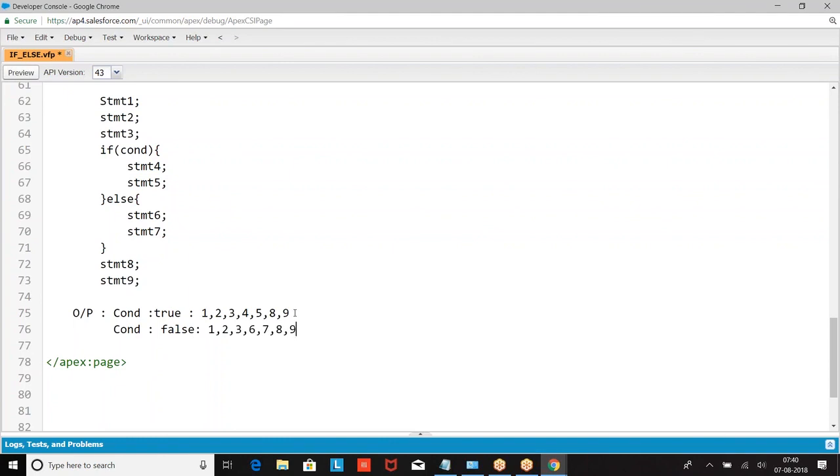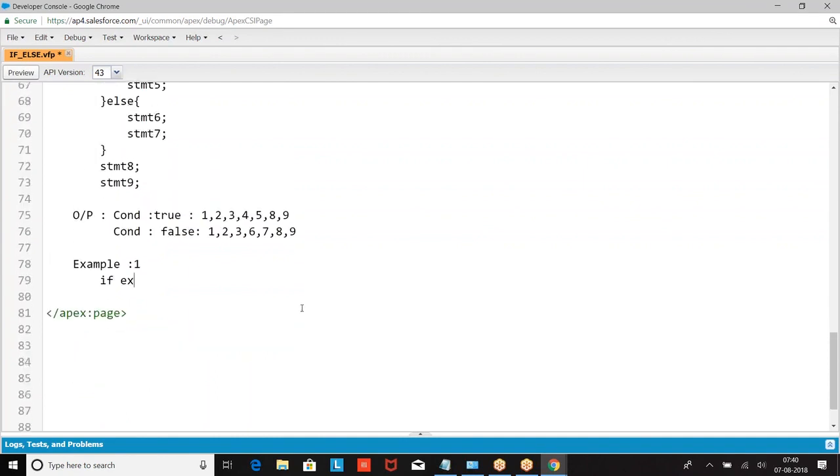Now, when the condition is true, the scope of if will run. When the condition is false, the scope of else will run. Now, let me give you an example.